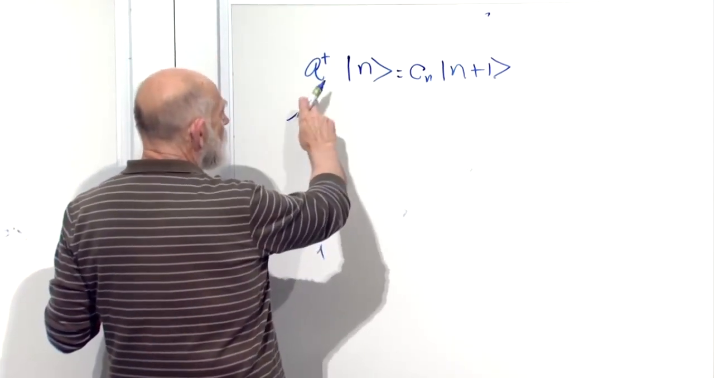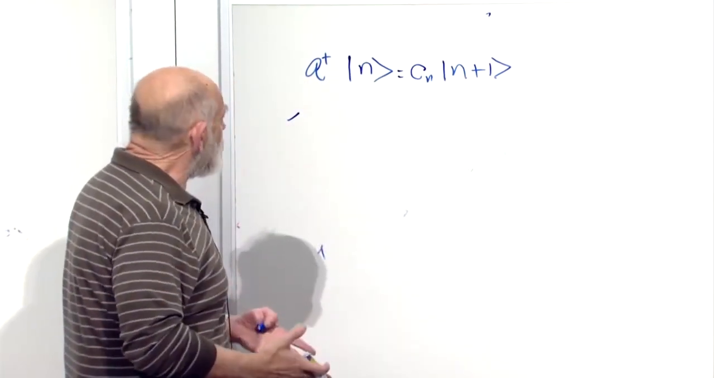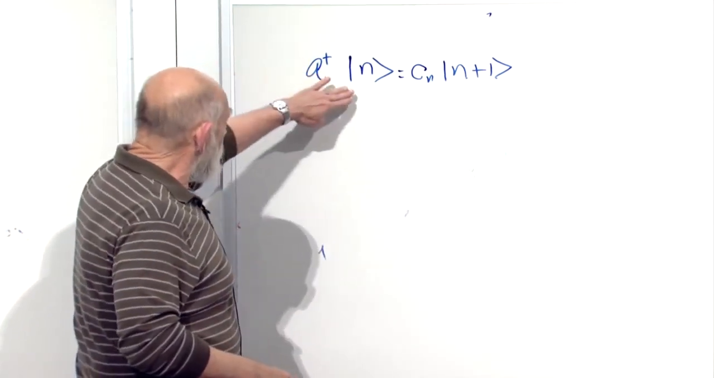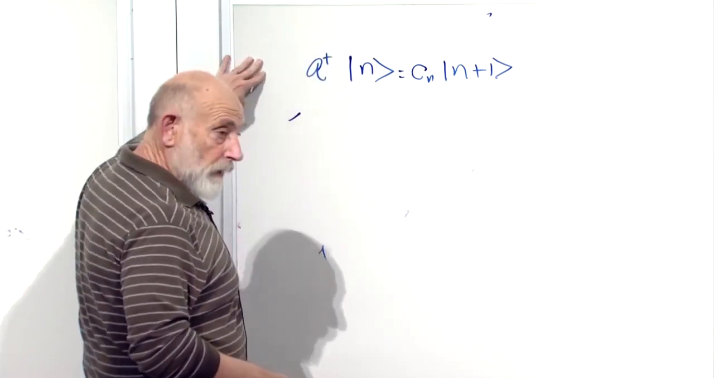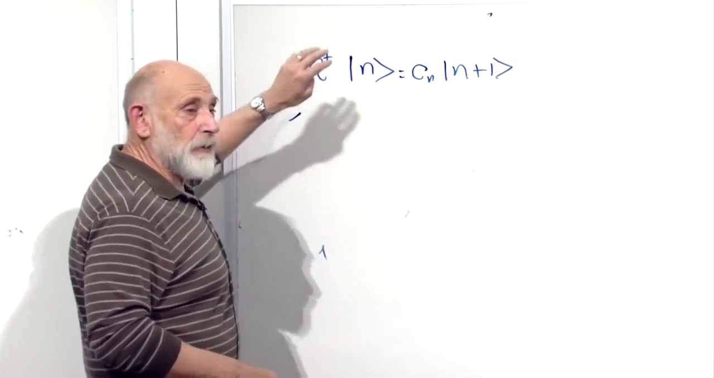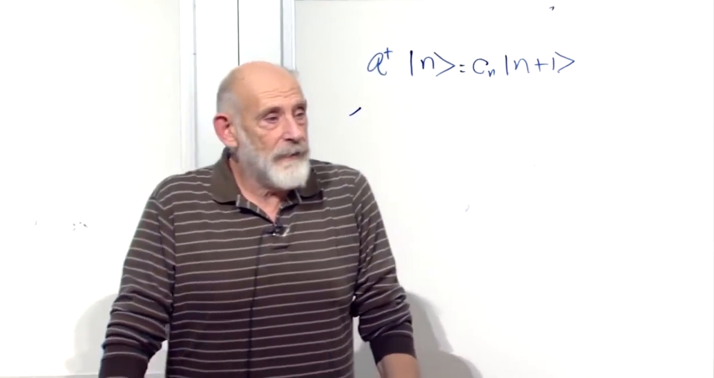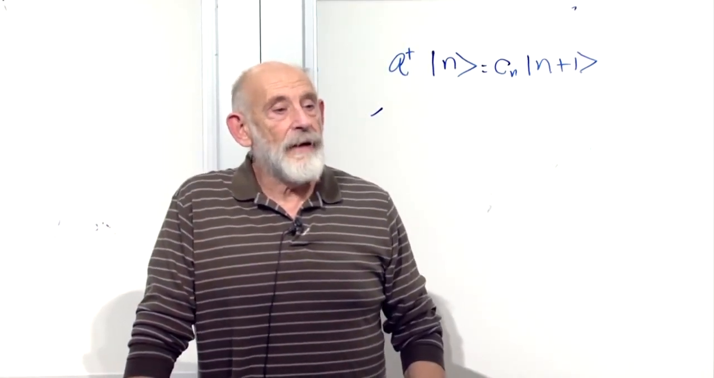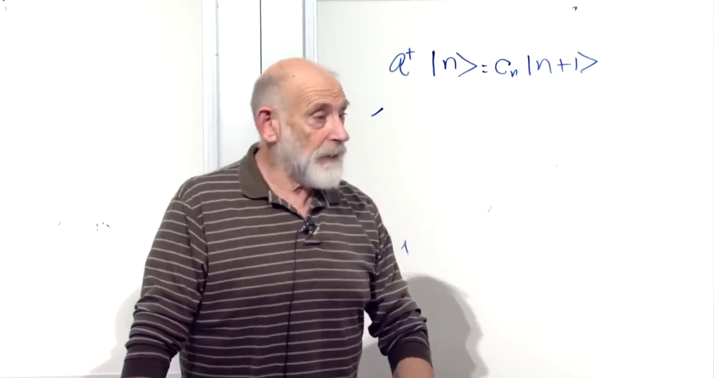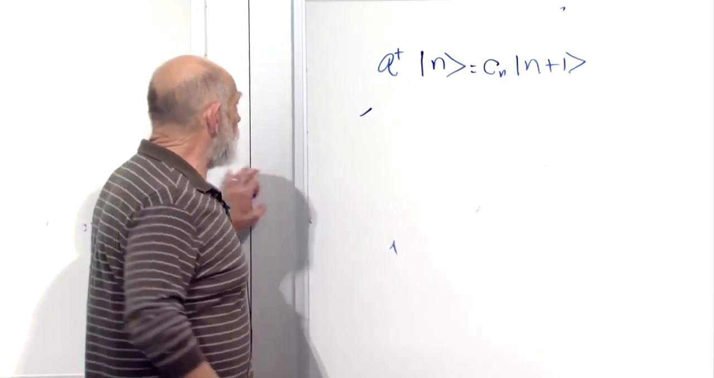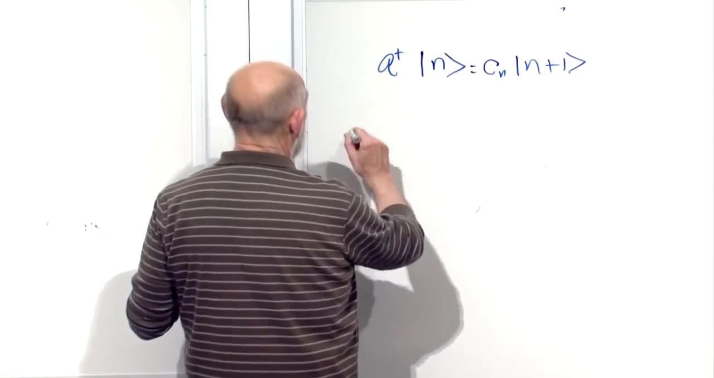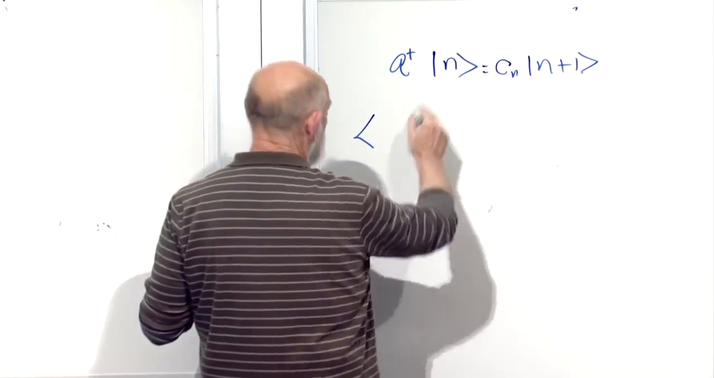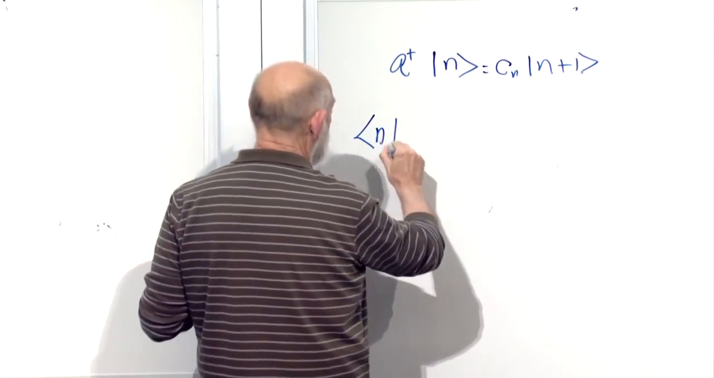Let's write, this is a ket vector equation. Let's write the corresponding bra vector equation. When you go from a ket vector equation to a bra vector equation, what do you do with the operators? The kets go to bras. What about the operators? Hermitian conjugate. All right, the Hermitian conjugate of A plus is A minus. So another way to write the same fact